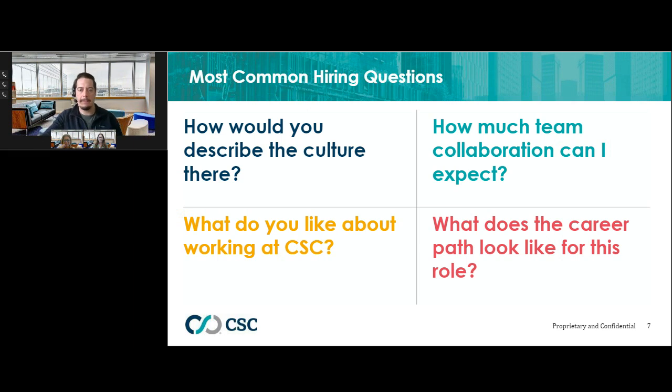Yeah, absolutely. Happy to take that. It certainly is a commonly asked question, so one that I like to field. Obviously, the level of collaboration can depend on the size of the team, but it's always there. Whether you are an individual contributor or a leader, you can expect that your input is going to be appreciated and, as I said, expected. And pointing to what you said earlier, Justin, we really believe in the power of the team, that one plus one is greater than two. There's always going to be appreciation for ideas and innovations. So yes, collaboration is huge here at CSC.